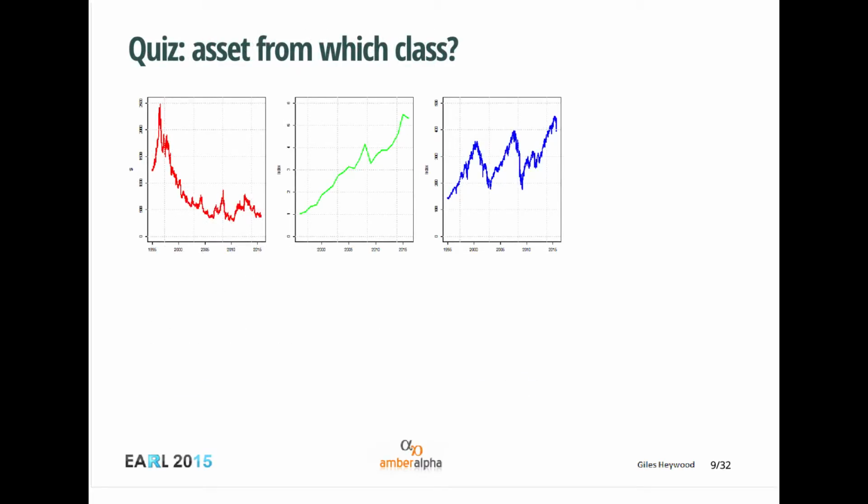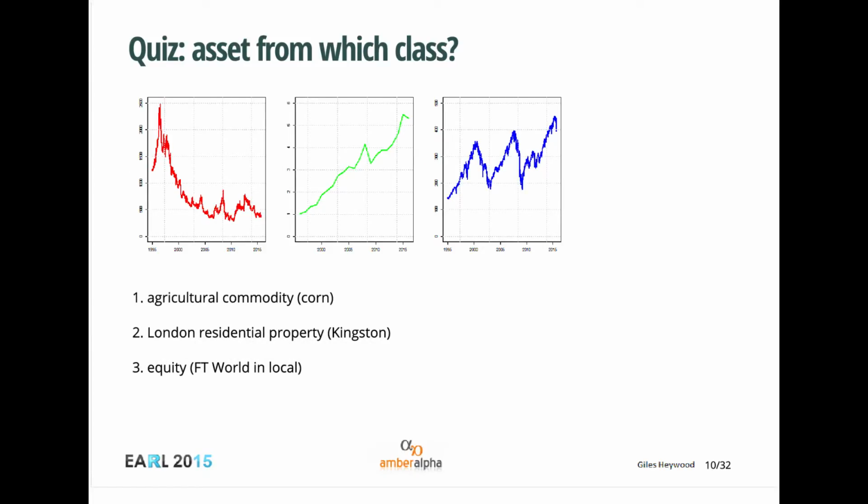Just in case anyone's drifted off, here's a little quiz. Which graph is which asset class? You can probably guess the one on the red line is the agricultural commodity. The spot price has been volatile and sideways, but once you look at the roll cost, it's been really not an asset you want to be long of. Residential property, the green line, had a bit of a blip around the crisis, but it's been a great asset class. And equities in local currency has been kind of volatile and up over that period.